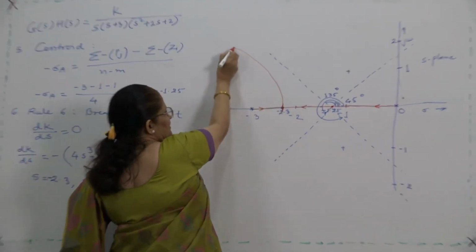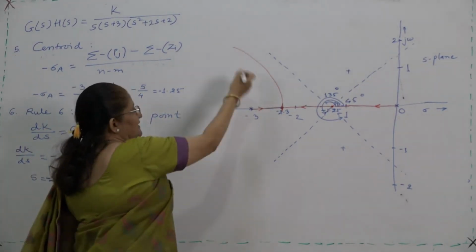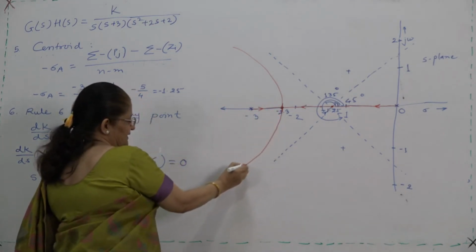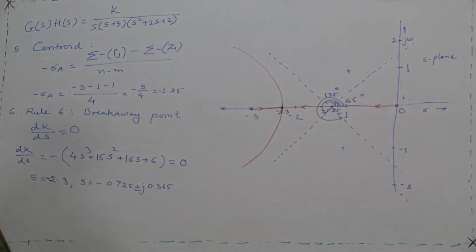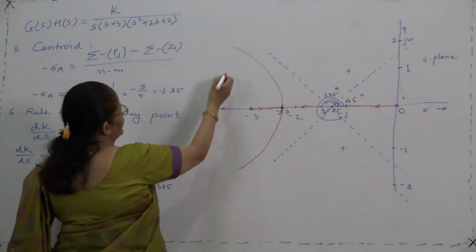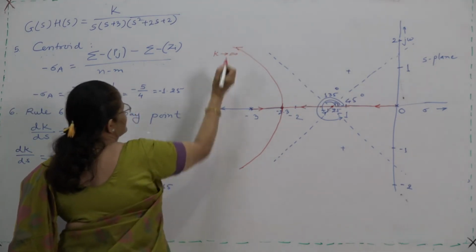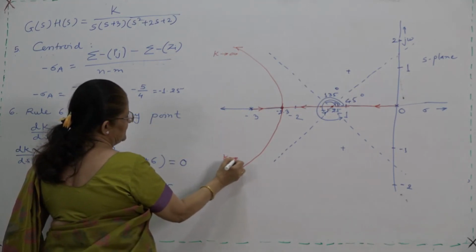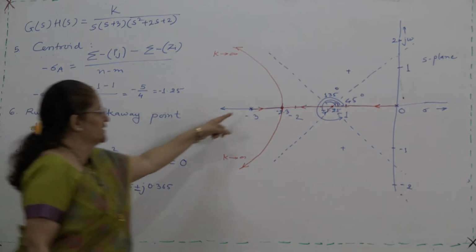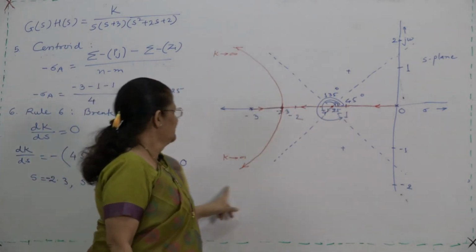So, how will it follow? We have seen the direction of the breakaway path. Two branches are there, so 180 by 2, that is 90 degrees. With 90 degrees this branch will leave, and with 90 degrees this branch will leave, and it will follow the asymptote. You can draw the root locus like this, following the asymptote. It is symmetrical about the real axis, so you draw it in this way. So, two branches you got.